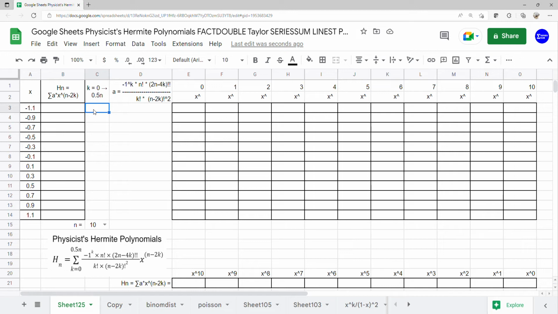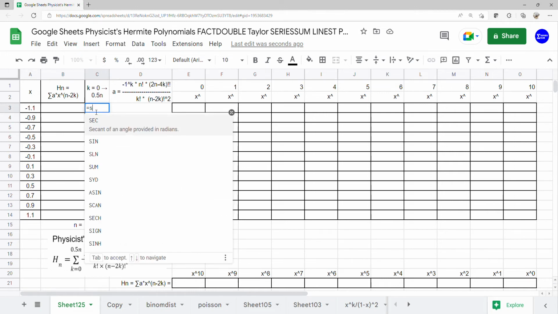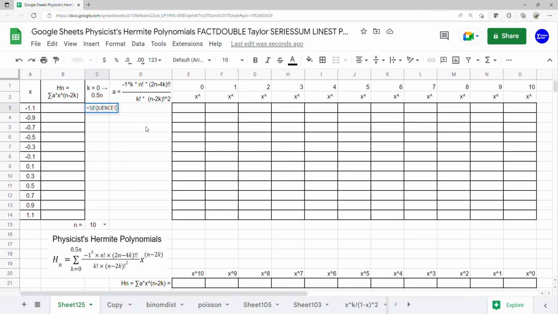So this would be equal to sequence 0.5 times n plus 1, one column starting from 0 incremented by 1. So if it is, let's say 6, then it's 3. If this is 3, then it is 1. And the coefficients, which is